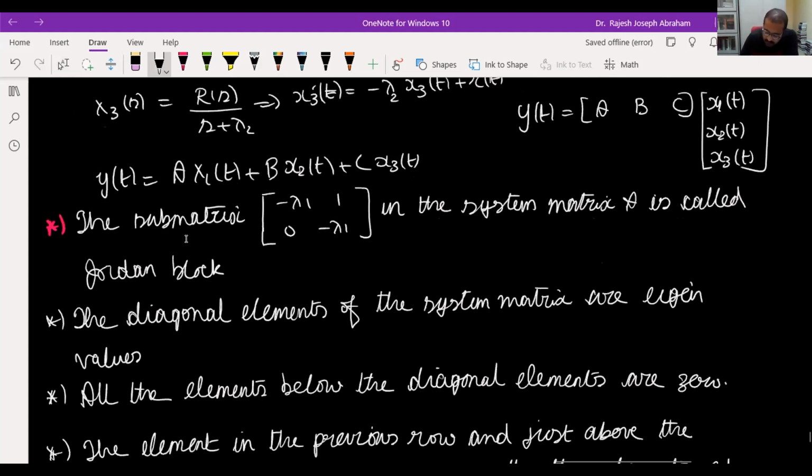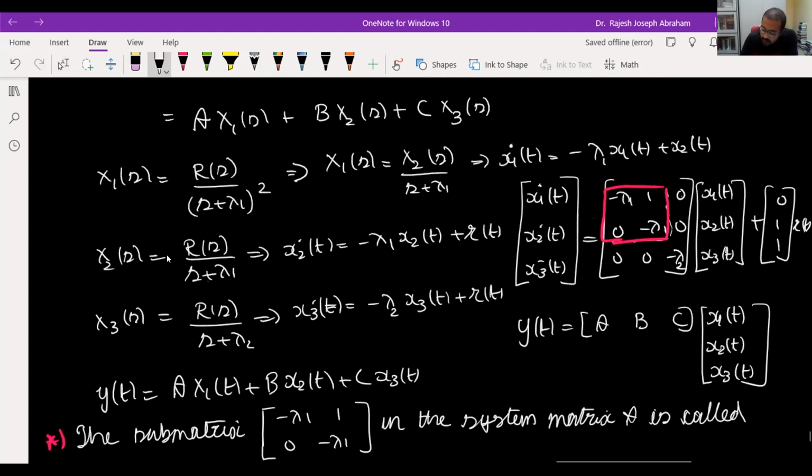So you can see here the elements in the B matrix correspond to the last row of the Jordan block, and the remaining distinct eigenvalue is 1, and all other elements will be 0 in the B matrix.